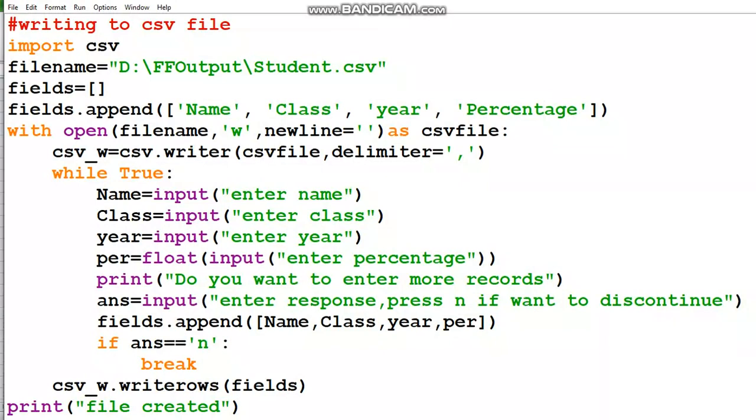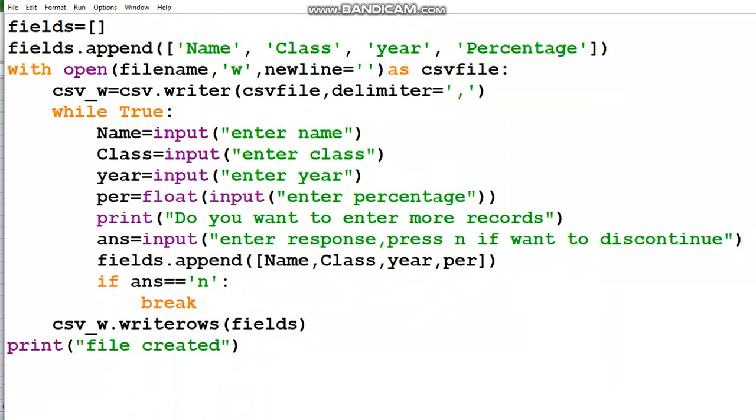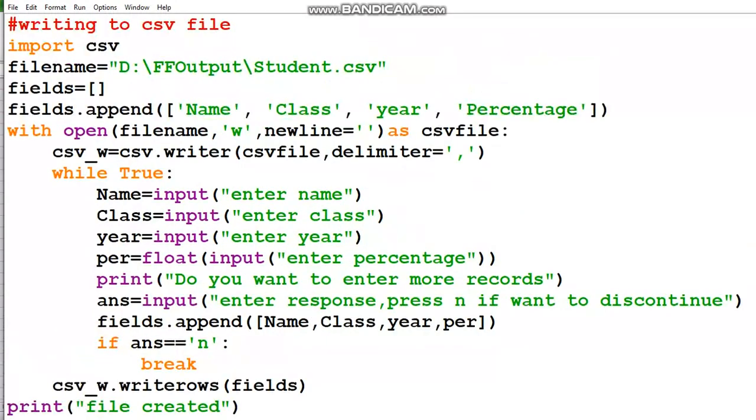Opening the file with open and the CSV writer we have already discussed, and acceptance into the name variable, class variable, year, percentage. And then if you want to enter more records, press yes, otherwise no. And then at the end, csv_w, the CSV file object, is the variable where the writer function is being initiated.